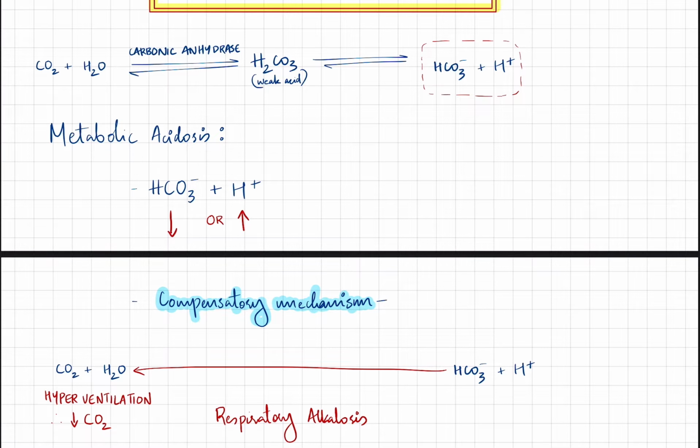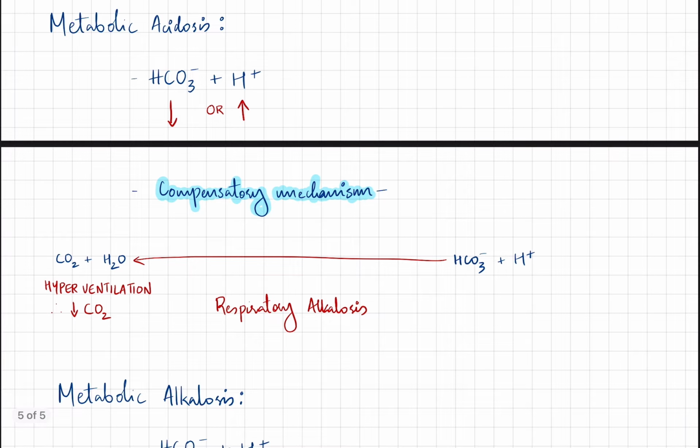So in which cases do we see this? In a case of ketoacidosis, that is diabetic ketoacidosis, or in cases of aspirin toxicity, because aspirin chemically is acidic, or in a patient with any renal abnormality, or any other causes. You can look up the causes. In these patients, primarily there would be an increase in the H plus or decrease in HCO3 minus, and